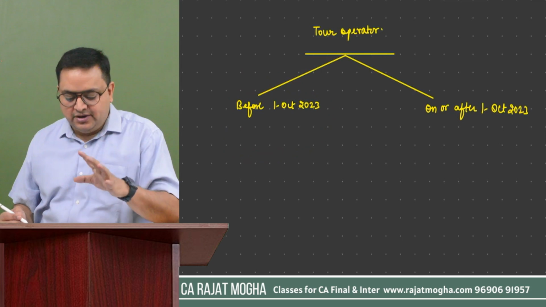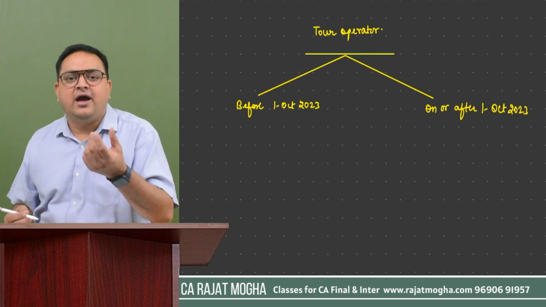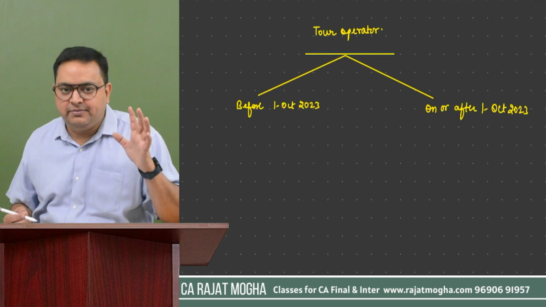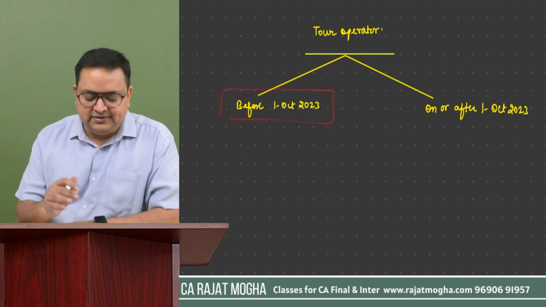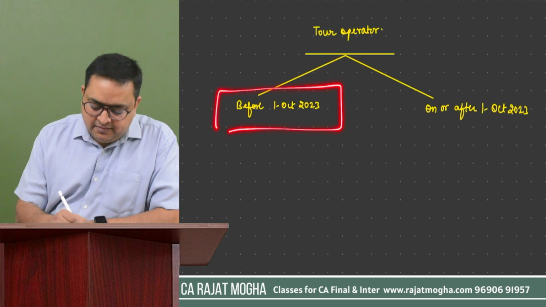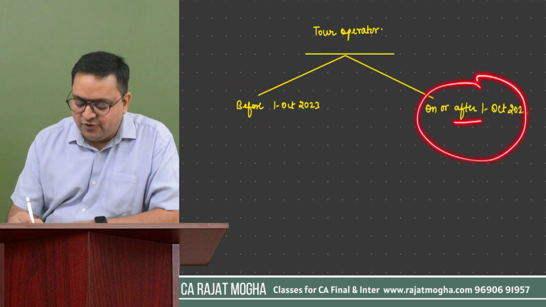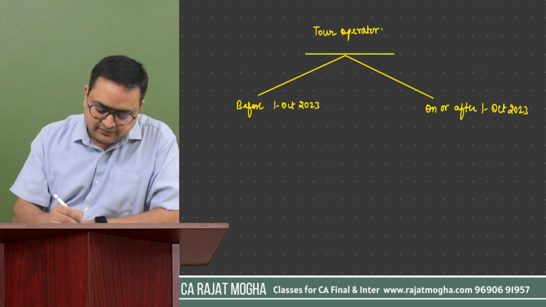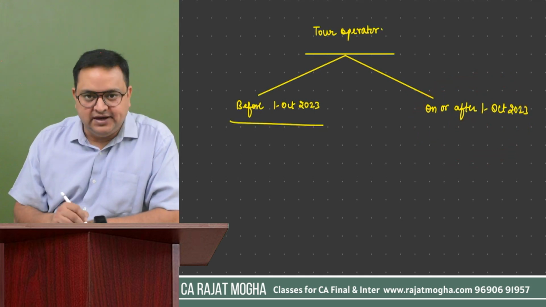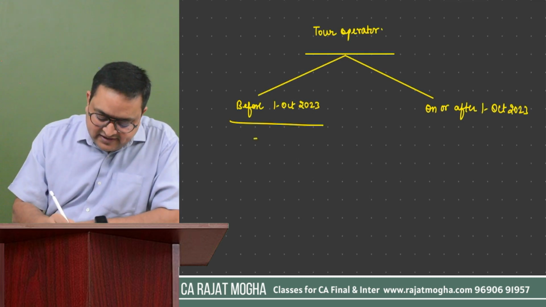Let's say you and your family members are going outside India and you have approached a tour operator to get the tour package. So let's say this was anywhere before this date. But generally, I believe that the examiner will ask you of any date which is on or after 1st October 23. But let us understand the entire section. So if you have purchased this tour package before this date, then the TCS rate will be 5% on the entire amount.